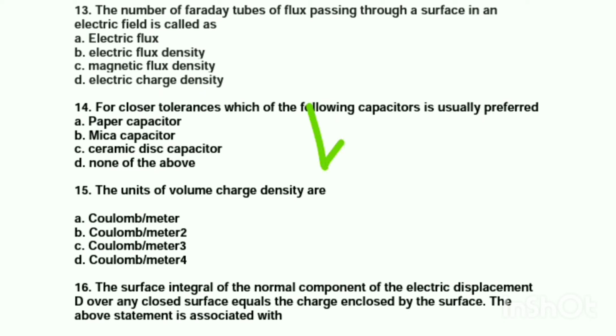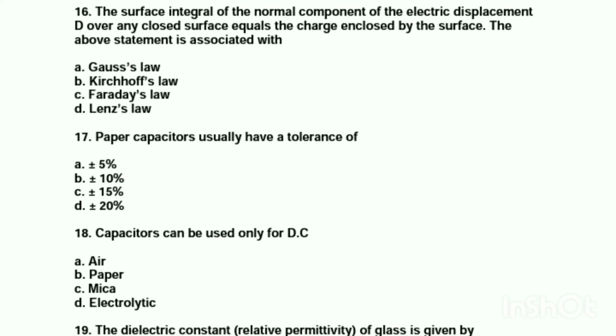Mica capacitor, B. The unit of volume charge density is coulomb per meter cubed, C. Next, the surface integral of the normal component of the electric displacement D over any closed surface is equal to the charge enclosed by the surface. The above statement is associated with Gauss law. Next, paper capacitors usually have a tolerance of